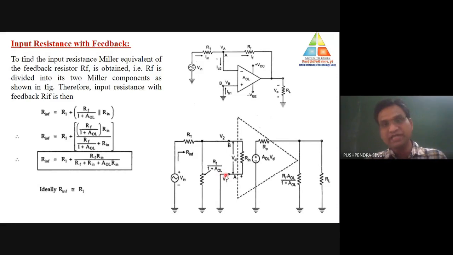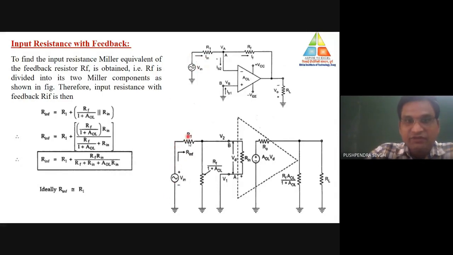So resistance divided by 1 plus gain. And at the output side, what will the value of resistance be? The feedback resistance multiplied by gain divided by 1 plus gain. So this is only what you need to replace over here. Let's see this with this particular circuit. This is your Vin, same as in the circuit diagram.